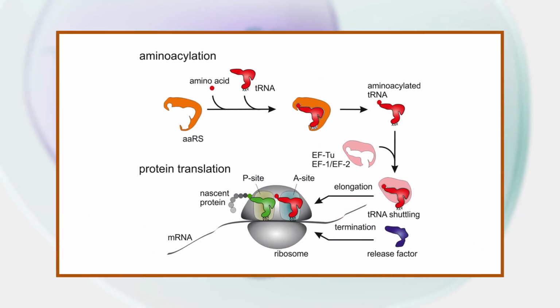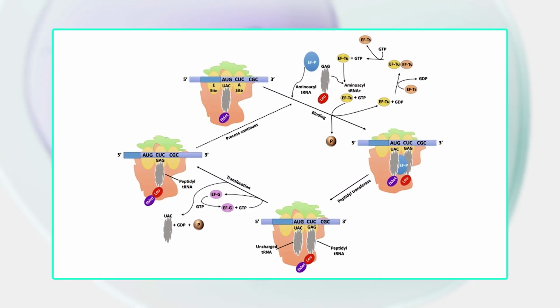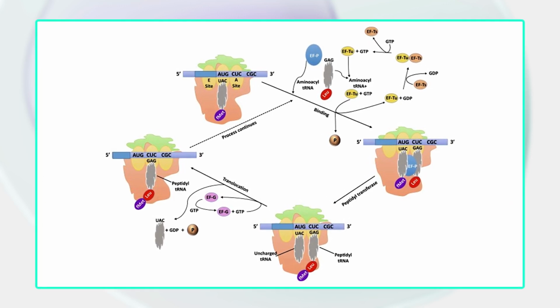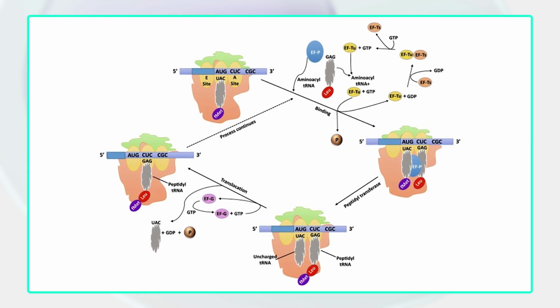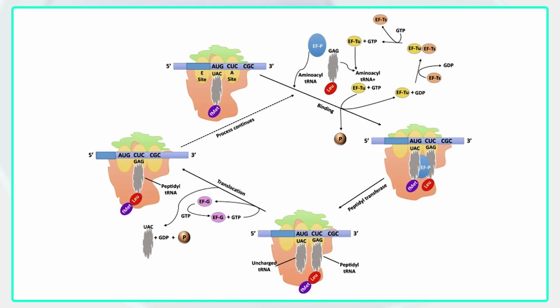Aminoacyl tRNA synthetase, an enzyme, catalyzes the bonding between the specific tRNA and the amino acid that their anticodon sequences call for. The product of this reaction is an aminoacyl tRNA molecule. In bacteria, this aminoacyl tRNA is carried to the ribosome by an elongation factor, EF-Tu, where mRNA codons are matched through complementary base pairing to specific tRNA anticodons.